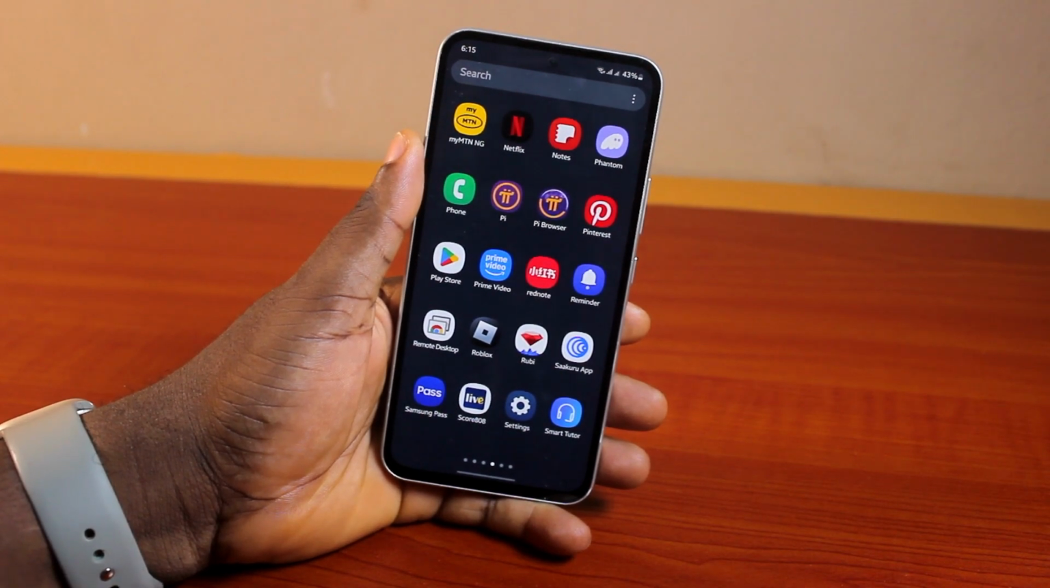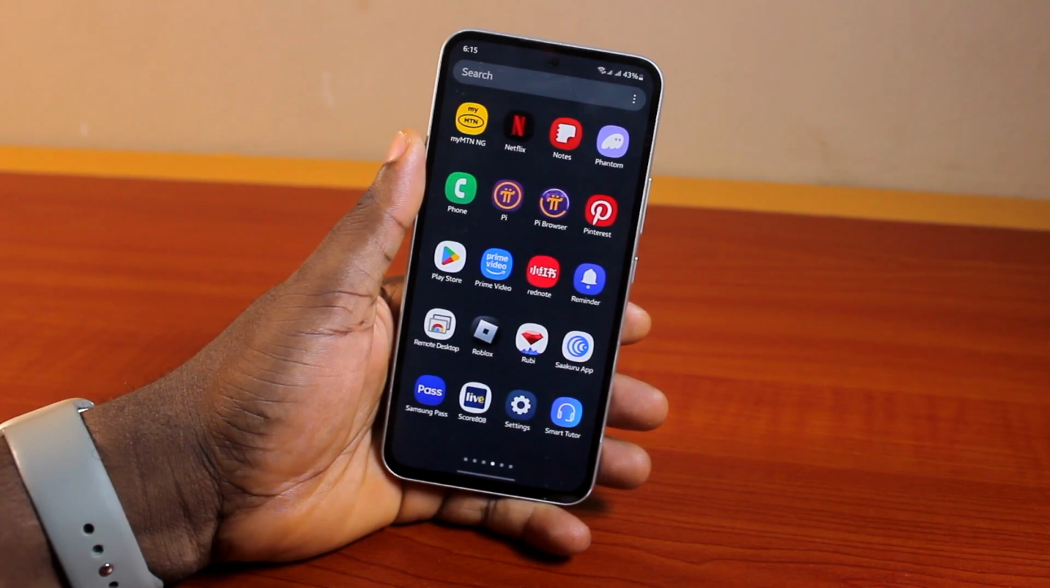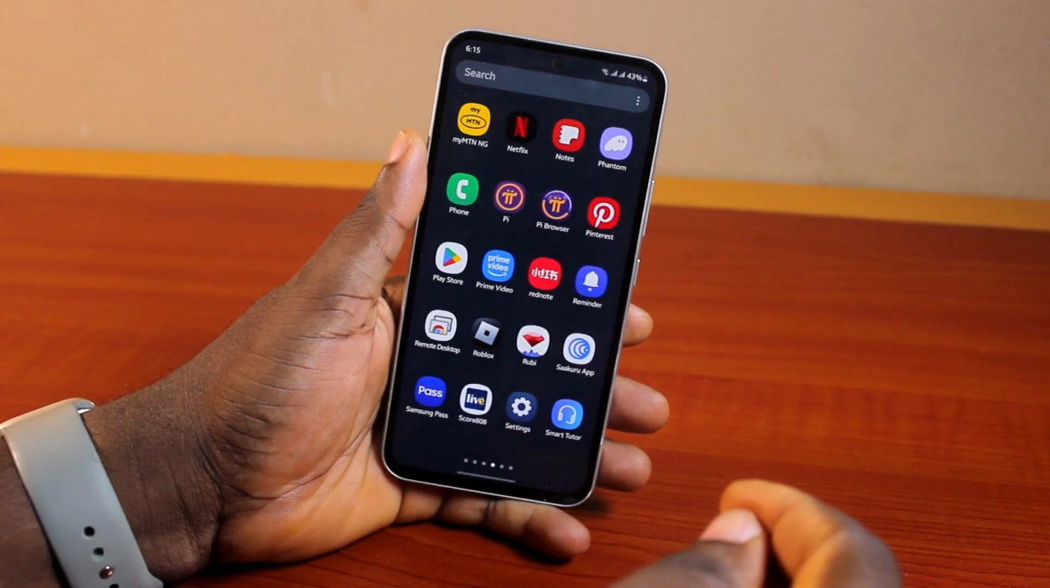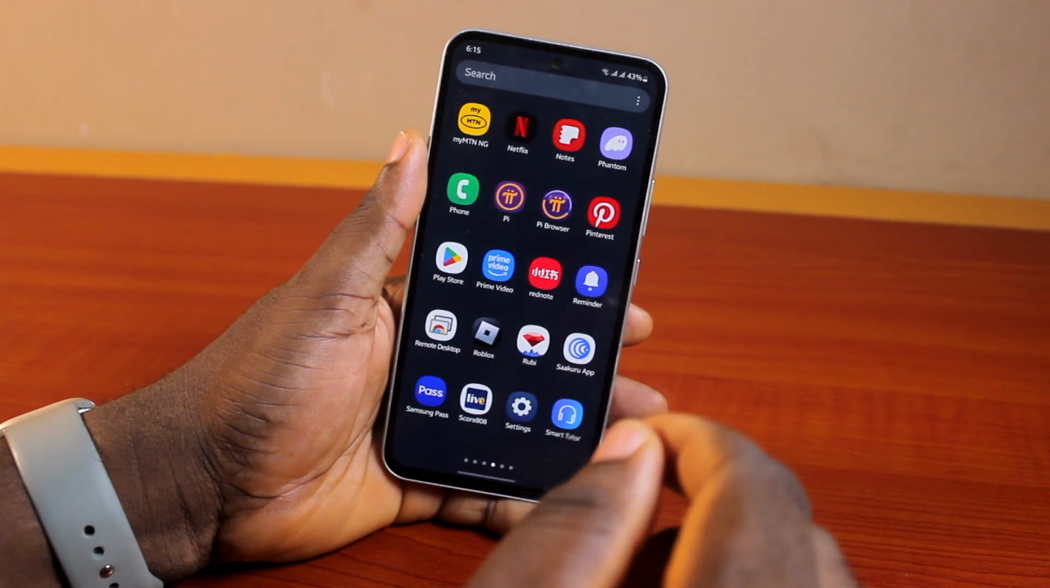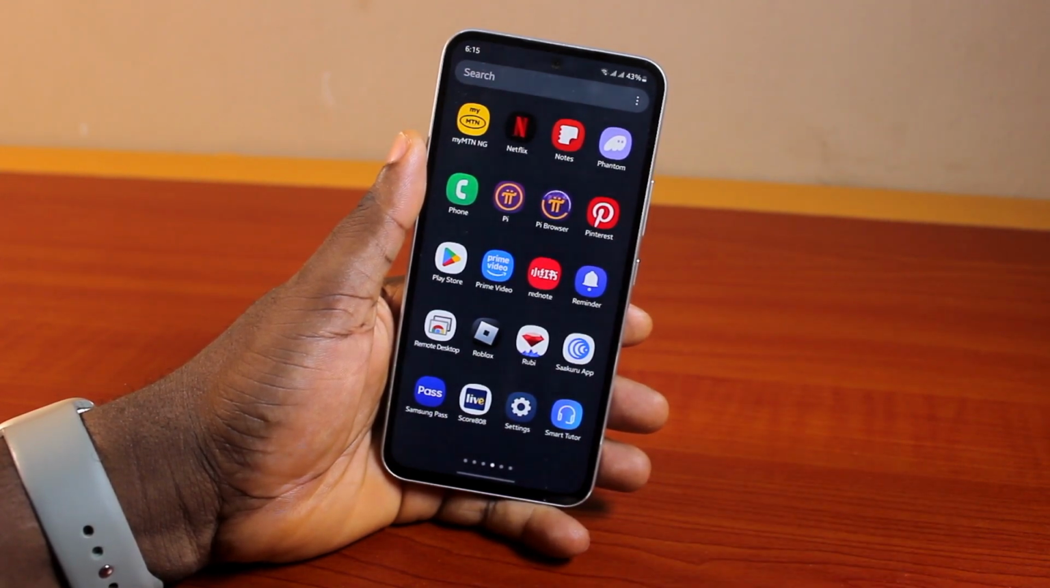Here, I'll detail how to enable pin app on Samsung Galaxy A54. So if you want to pin a particular app on your Samsung Galaxy A54 home screen, then you need to turn on the pin app feature. So here, I will show you how you can easily enable or turn on the pin app feature on your